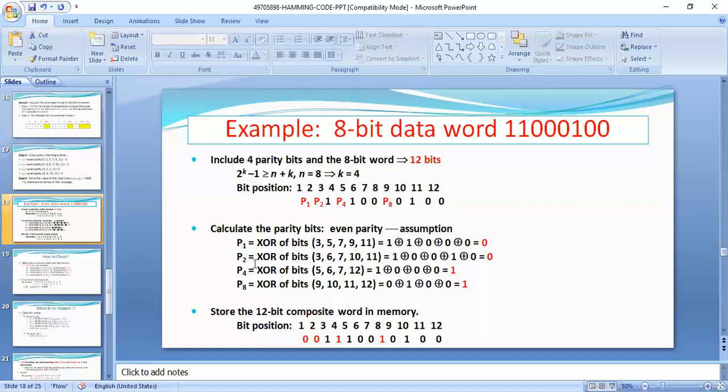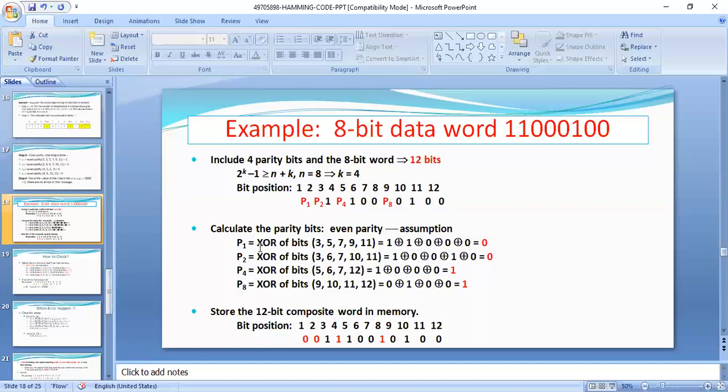In the third step, we have to calculate the parity bit values: P1, P2, P4 and P8. Here I am assuming even parity. Even parity means we can use the XOR operation.